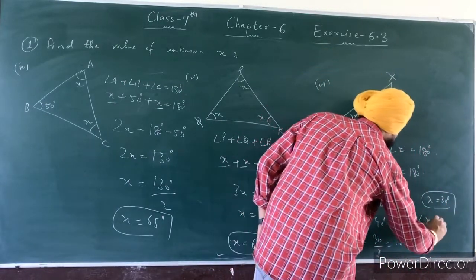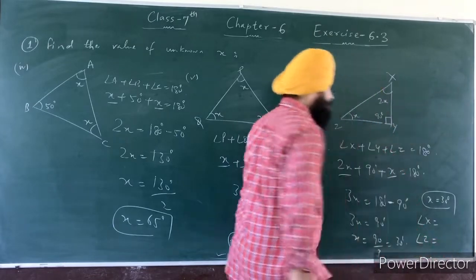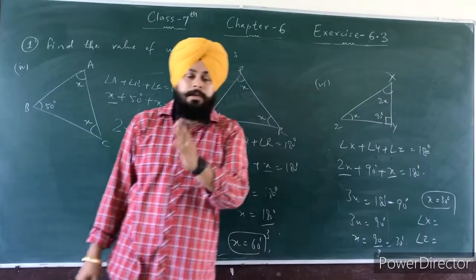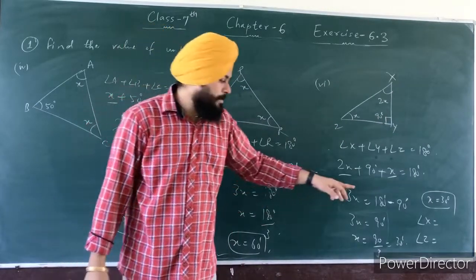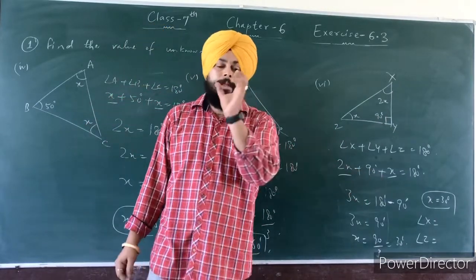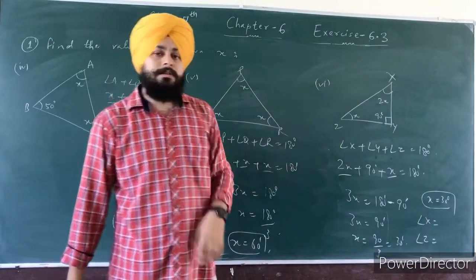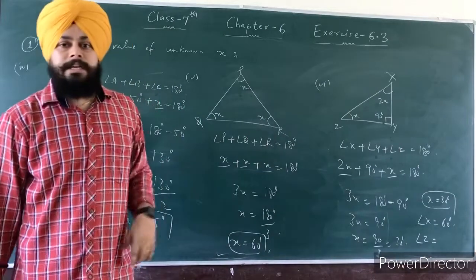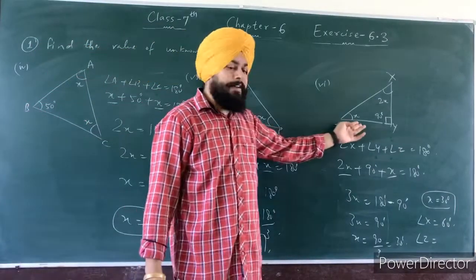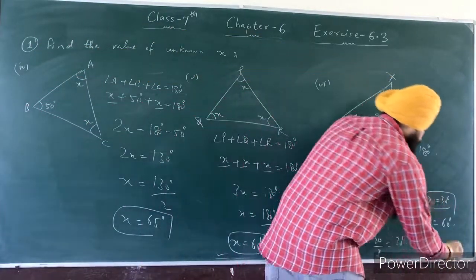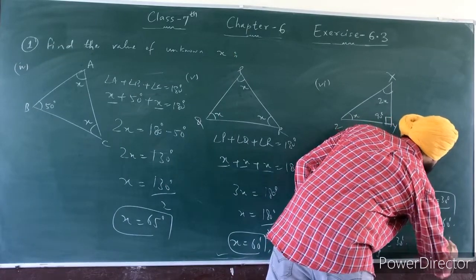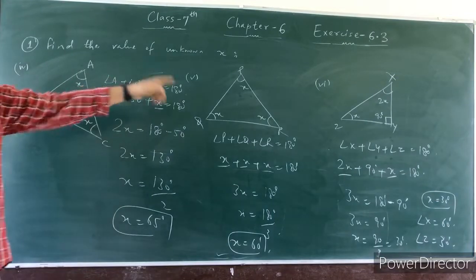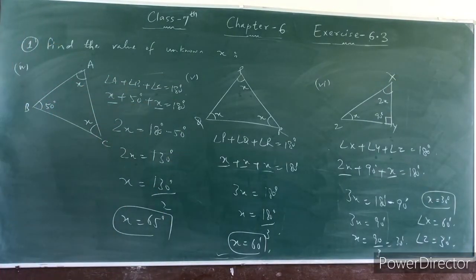Therefore, measure of angle X and angle Z, how much? You can see the measure of angle X is 2x. It means you multiply 2 with the x. So the value of x is here 30 degree. If you multiply 2 with 30, then 2 thirties are 60 degree. It means measure of angle X is here 60 degree, and the measure of angle Z is here only x. It means the value is 30 degree. Alright students, so this is your fourth, fifth and sixth part of question number first.